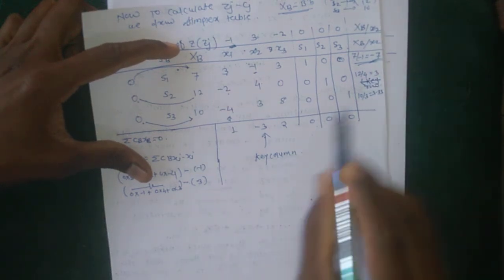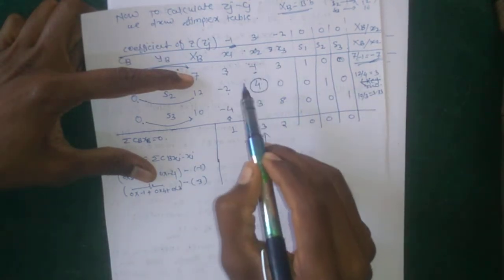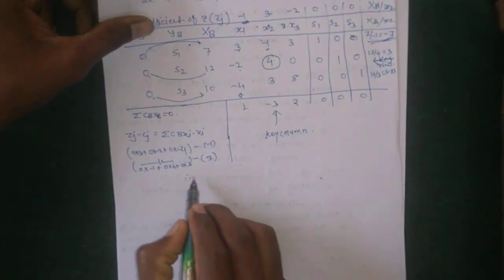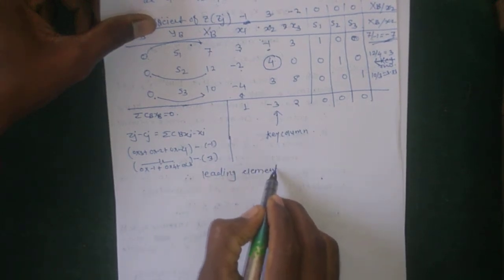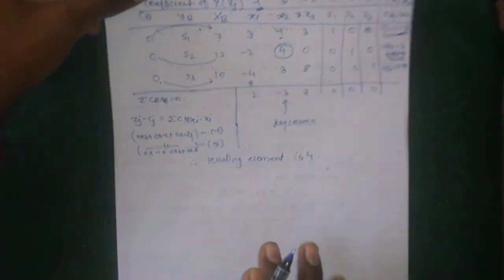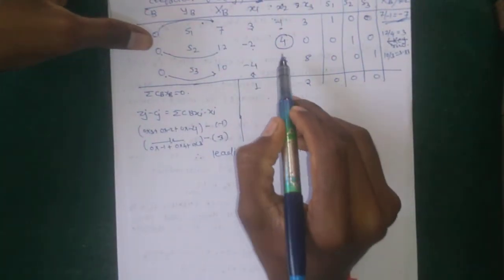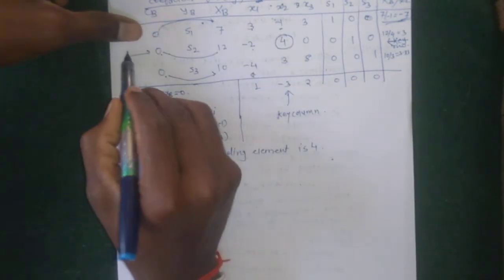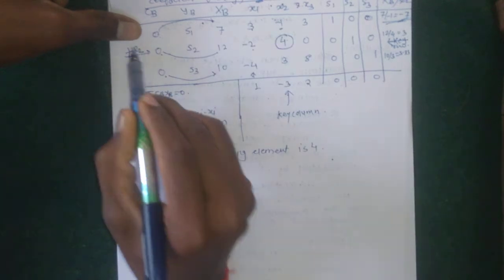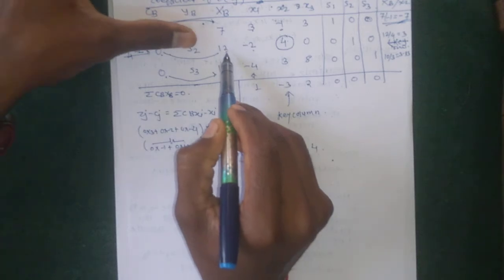This is our key row, therefore this is the key column and this is the key row, and so this is our leading element. The leading element is 4. So we have to convert the leading element to unity by dividing its row by the leading element itself. So divide this row by 4, R2 by 1/4, using this operation only for this. So we get,